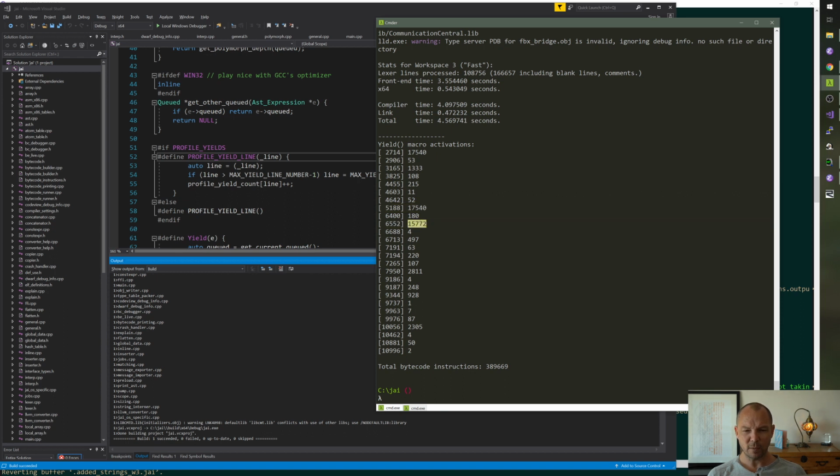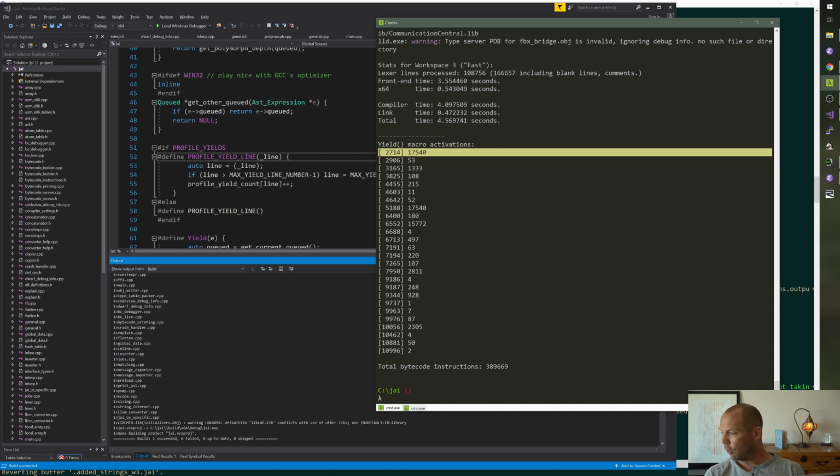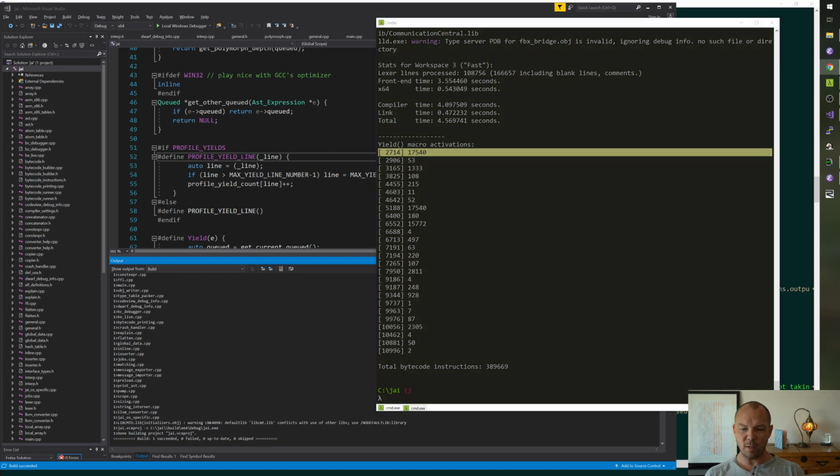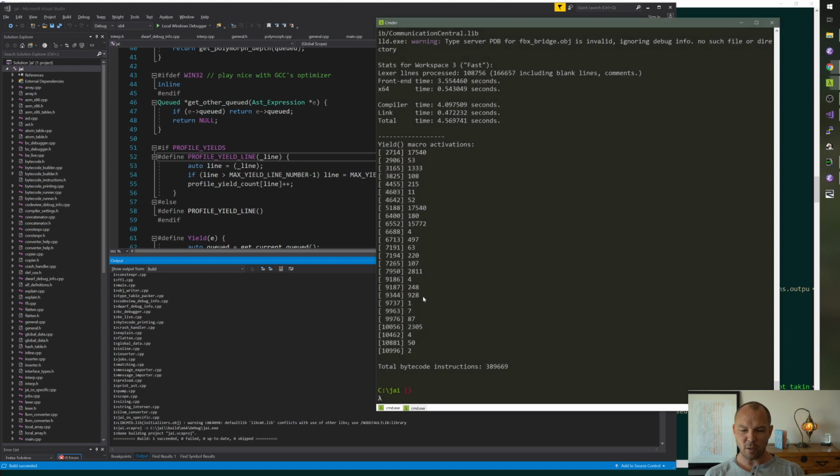6552. So I want to look at these top scores here and just see, do any of these look more expensive than the other ones? Because there's yielding when you haven't really done any work, and there's yielding when maybe you threw away work, right? So we'll take a look. And the ones down here are like, oh no, because matching is different.